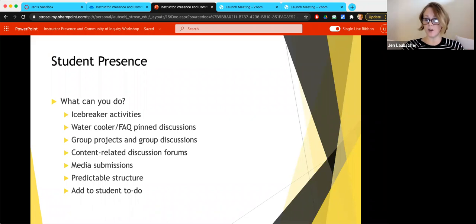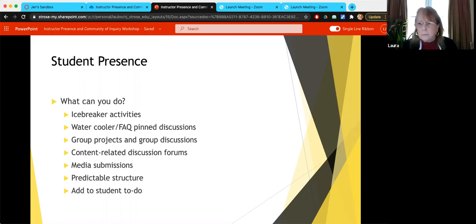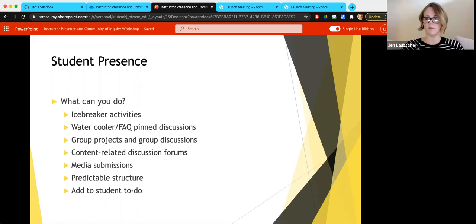Provide a predictable structure. What this will do is remove some of that cognitive load of, okay, what different is going to happen this week in the course. So if you have a predictable structure and you have your advanced organizer, and every week you have a discussion and every week there's a reflection paper, just having something that students can predict is going to happen will alleviate some of the stress of, oh no, and it will open them up so they can have a little bit more conversation with you and